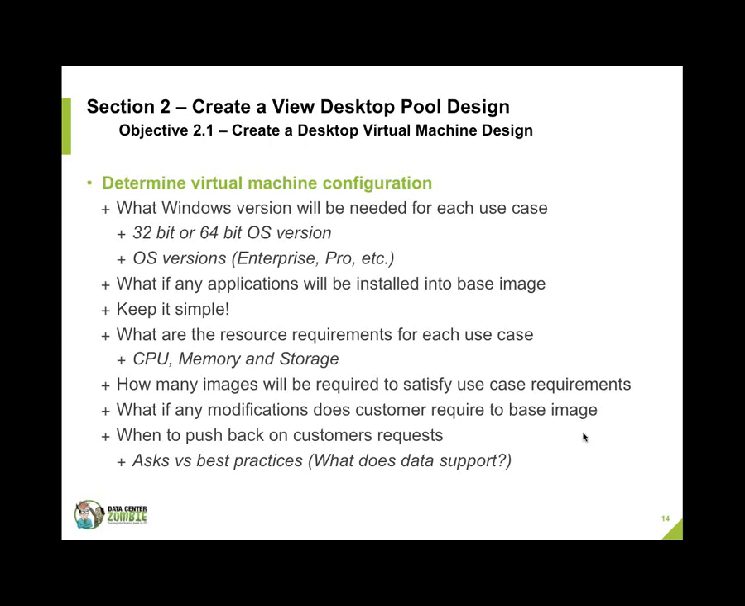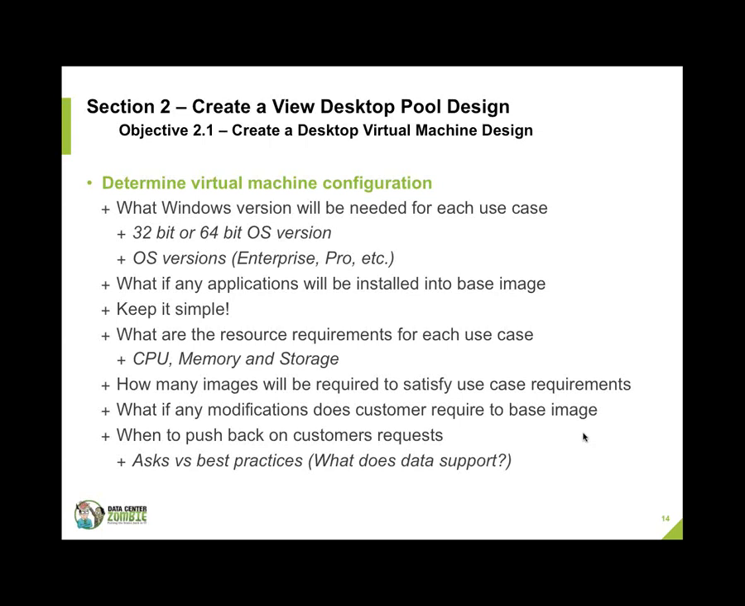So I may have 20 use cases, but I may be able to accomplish that with, it'd be really awesome to accomplish it with 1 VM and 1 image, but that's typically not possible. But I'd like to keep it to as few as possible. And then what, if any, modifications does the customer require to the base image? So do they have a special build? Are you going to allow them to use their typical desktop build, which I would not, right? I want to build a new golden image or base image from scratch and then incorporate the changes that they